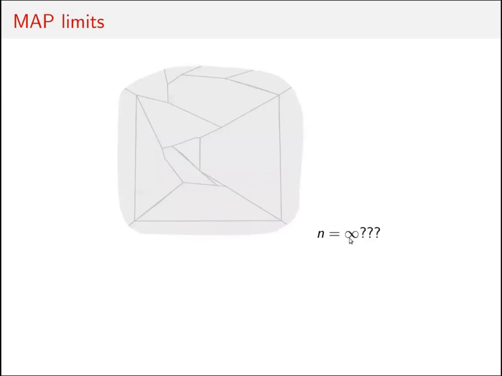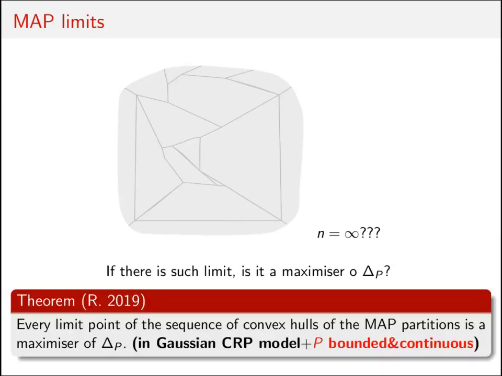So actually, you can think that in the infinity, I expect that this, if it stabilizes, should give me a partition of the whole observation space. That's why I introduced this reverse optic on the previous slide. And putting it that way, it's not surprising that if the limit exists, it should be a maximum.